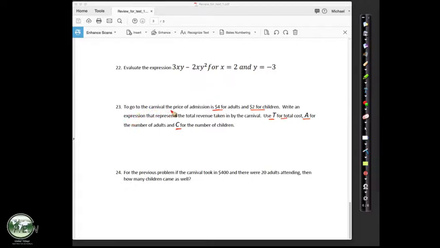To go to the carnival, the price of admission is $4 for adults, $2 for children. Write an expression, not an equation, just an expression, so no equal sign, that represents the total revenue taken in by the carnival. So T for total. Well,